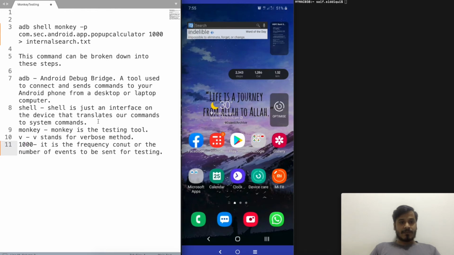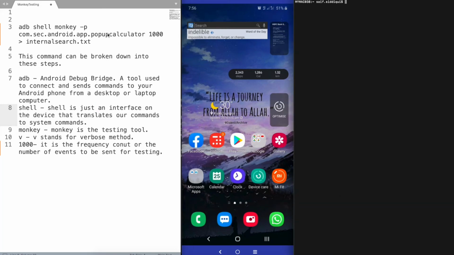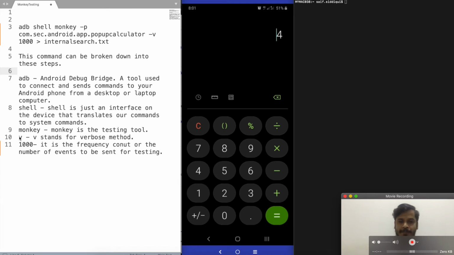And now let's see if we are going to get the desired effect on our calculator application or not. I already have ADB installed. There was v missing and I have added v. v stands for the verbose method. Now let's see if we are able to do this monkey testing on this native application, which is our Android calculator native application. I will just copy this whole command